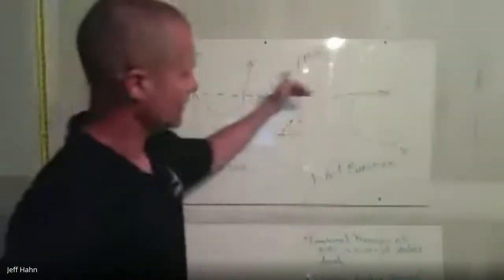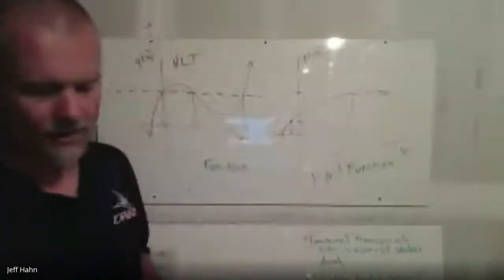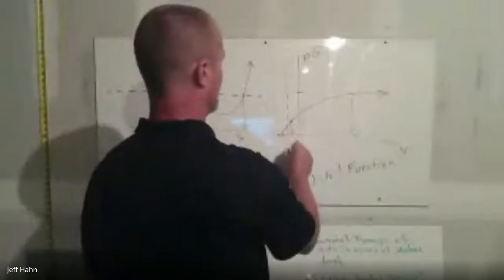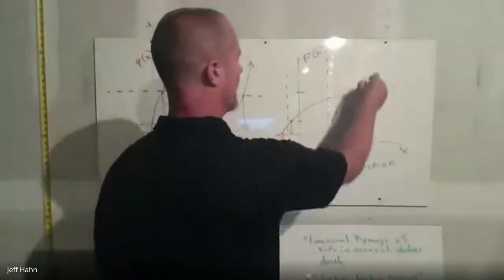This one over here passed the horizontal line test, so it's one-to-one. Now, a function would also pass the vertical line test. Every vertical line,